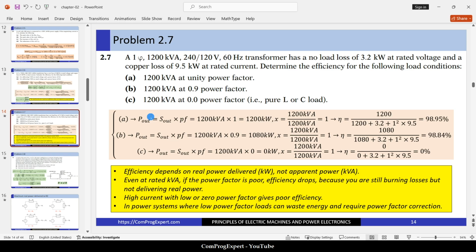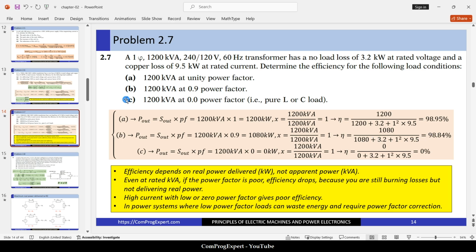So when the power factor is 1, this is the efficiency. And in the second case, we have a lower power factor, 0.9. If we repeat the calculations, this is the value of the efficiency, 98.8. And for the last